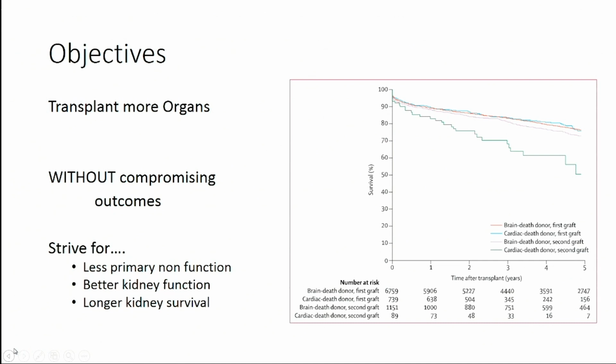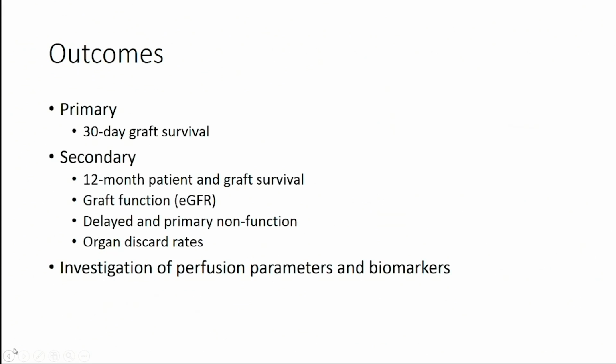In fact, they're so good that drug companies have almost stopped doing clinical trials into immunosuppression, because you can't really power a trial to go from 95 to 96, 97% without many, many patients. So we need to try and find better ways of improving these outcomes. And so the way we've been doing this is